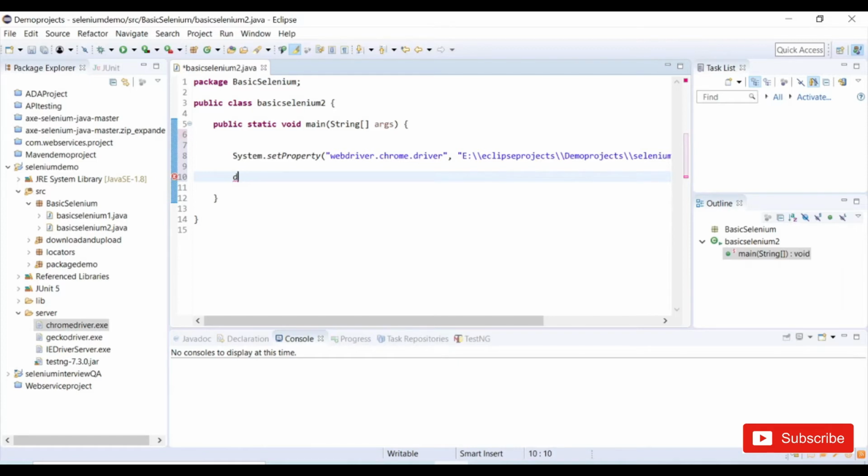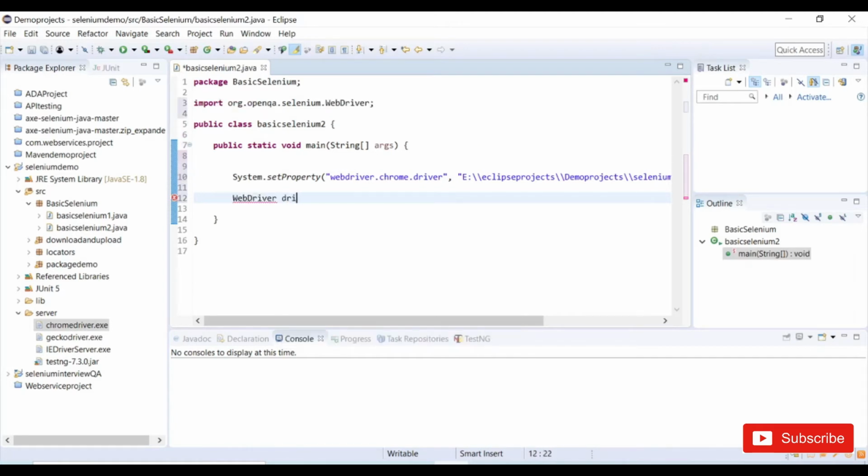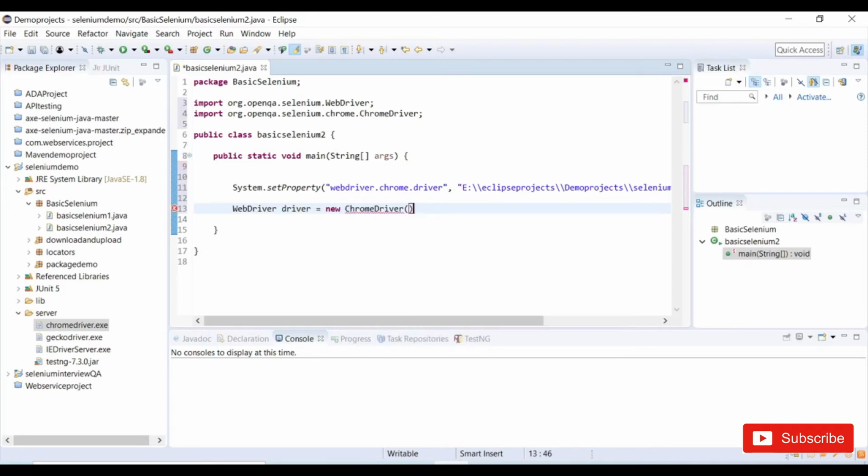I need to use WebDriver driver equal to new ChromeDriver. Now we are ready with our properties and browser instance.